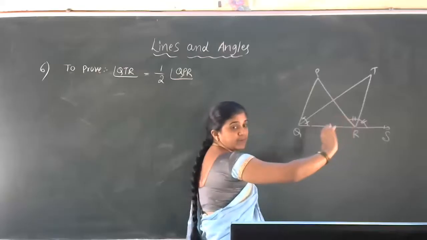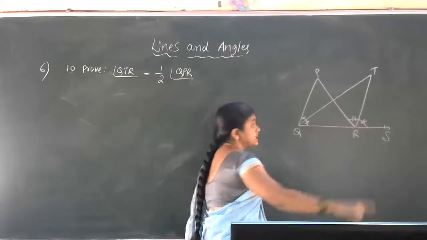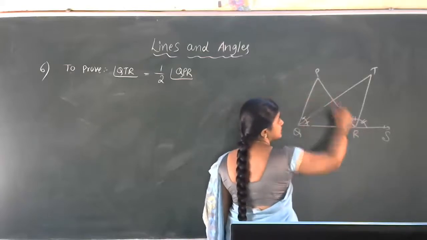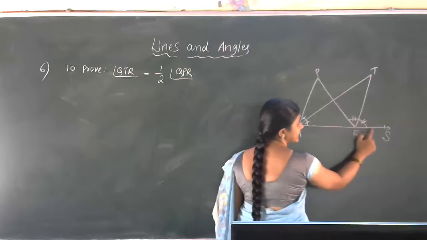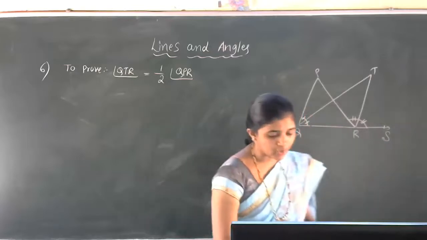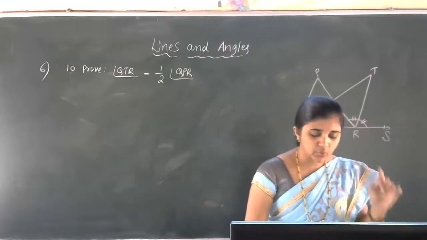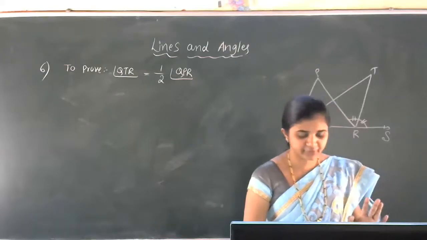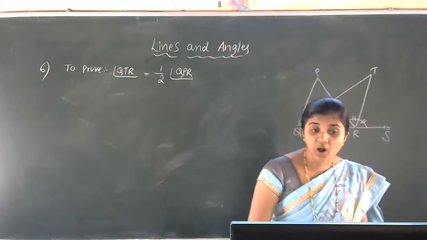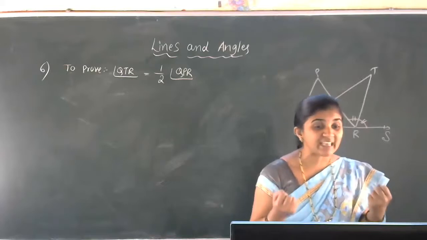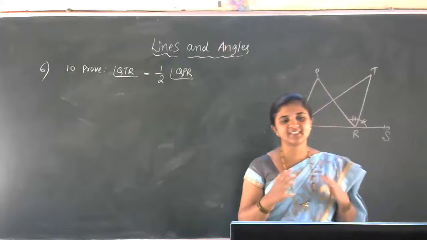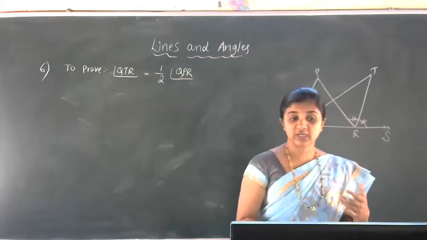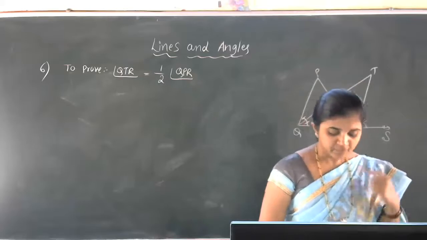See here, we can observe two triangles. First, just observe the first line. Side QR of the triangle PQR. We are discussing this triangle PQR. This QR side is produced up to S. Are you observing that? So QR of triangle PQR is produced to point S. If the bisector of... again we get the concept of bisector. Bisector is that which divides the angle into two equal parts, or halves. Whichever concept you need, you can take.